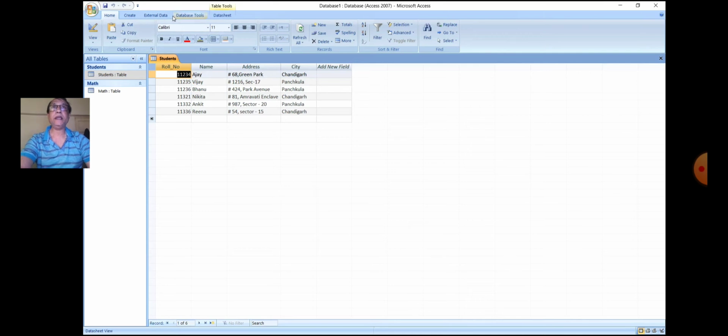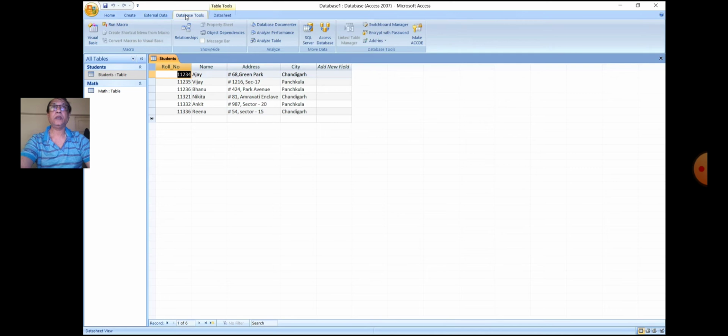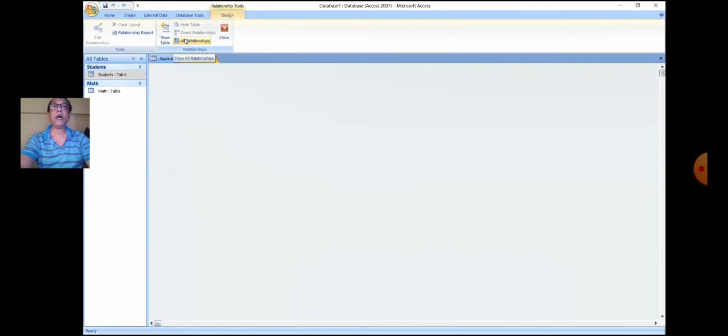Click the database tools tab. In the ribbon, click the relationship button from the show hide group. Select show table.